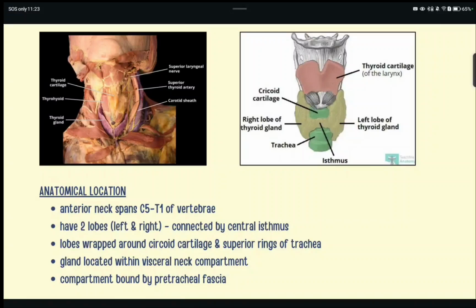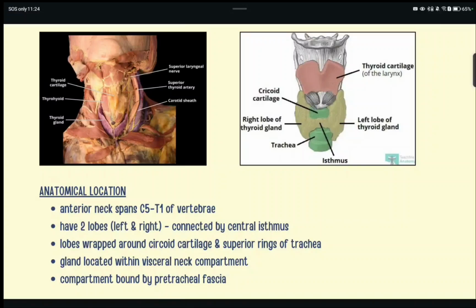The anatomical location of the thyroid gland is on the anterior neck, and it spans C5 to T1 of the vertebrae, and it has two lobes on the left and right side, and the lobes are connected